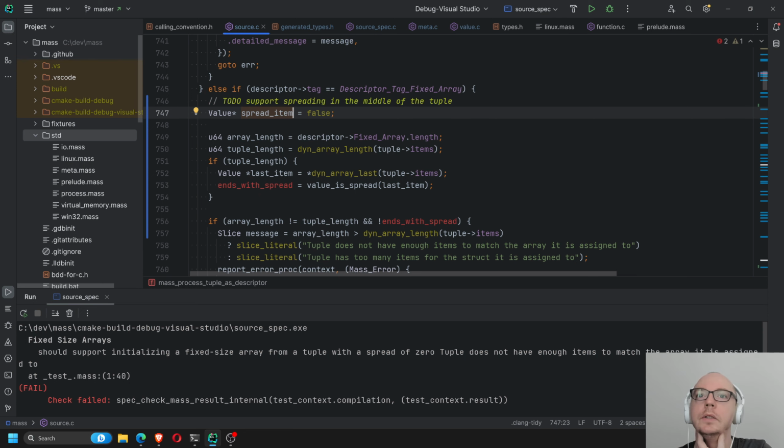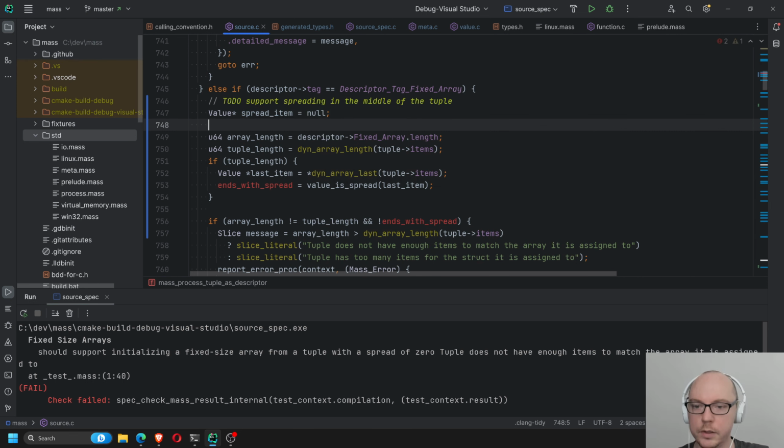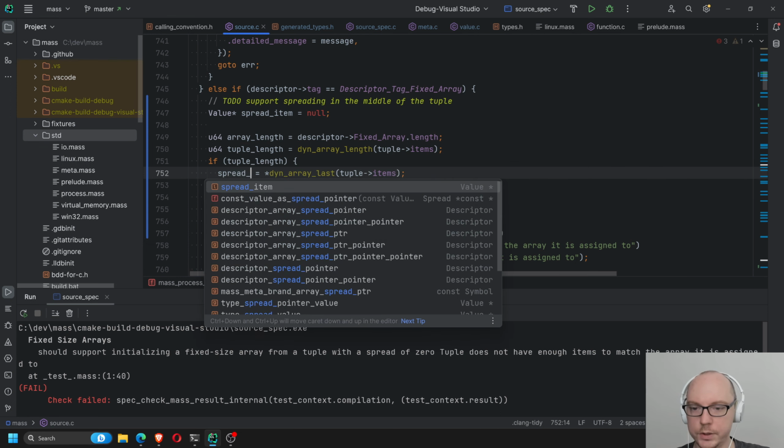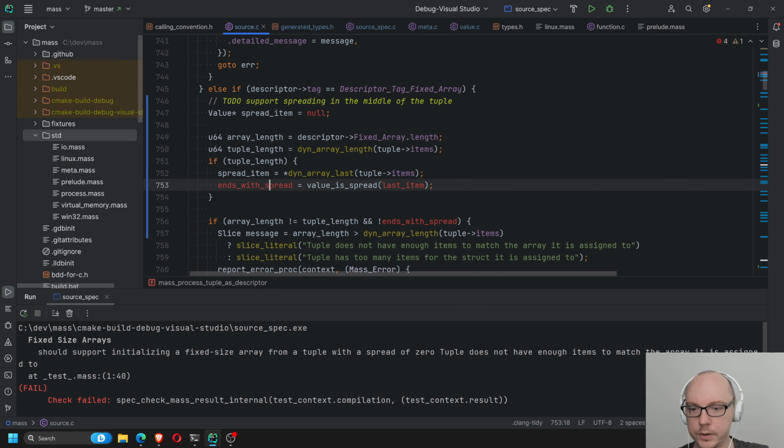Let me think about it. I changed my mind about how I want to deal with it, because it's not like this. That should have stayed last item. And here we say spread item is spread, then last item, otherwise